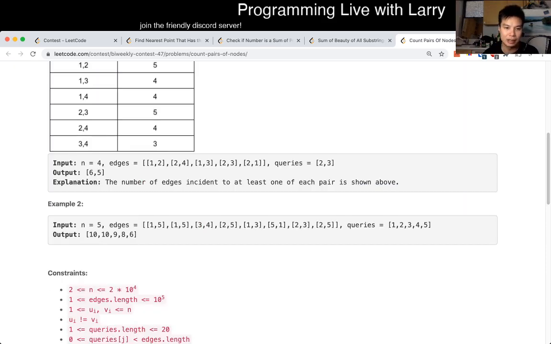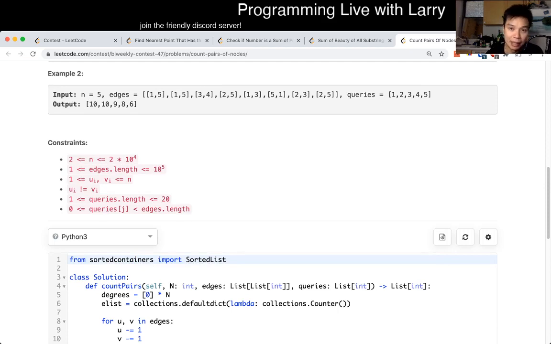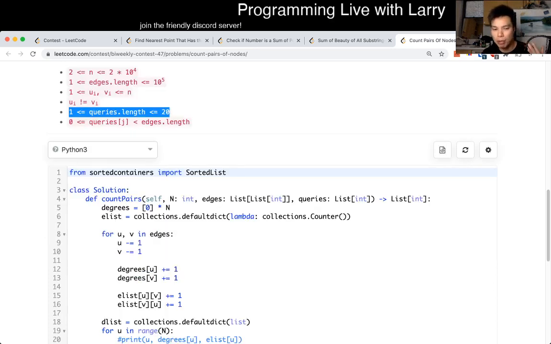But the idea here is taking note that obviously n is really big relatively, so you can't do anything n square, but y is bigger, but it's not n square, so that's going to be your choke point. And then the other thing is just that queries is less than 20. So I don't know how that factors in that much, but that's the way that I thought about it. And then we start the problem by just pre-processing